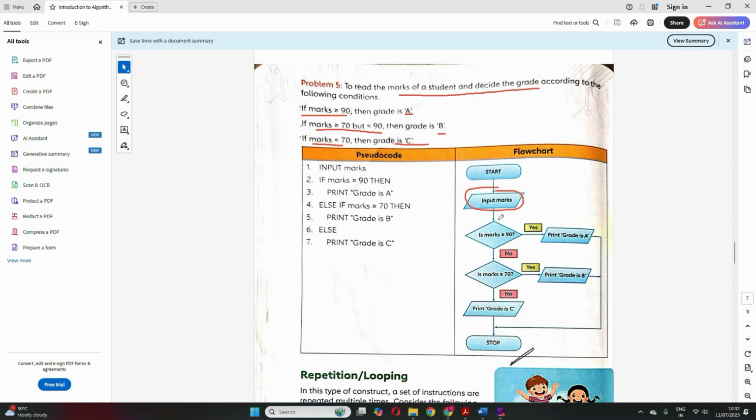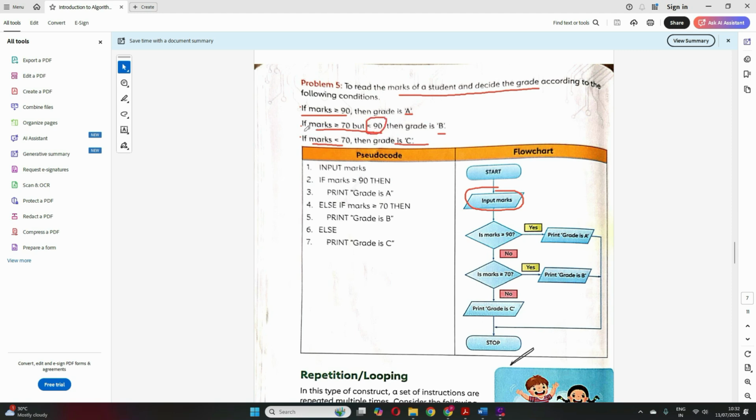Our first condition here will be, is marks greater than or equal to 90? If it is yes, then we'll print grade A and we move down to stop. Clear? Very simple. Now, if marks is not greater than 90, that means marks is less than 90. Correct?